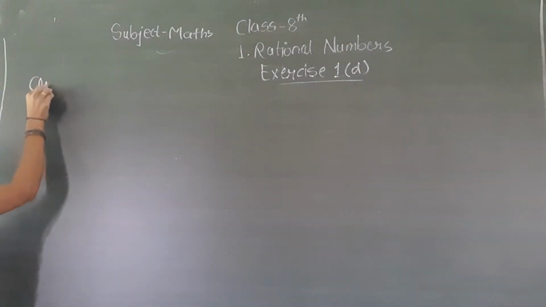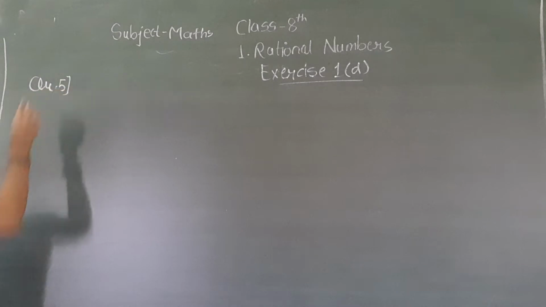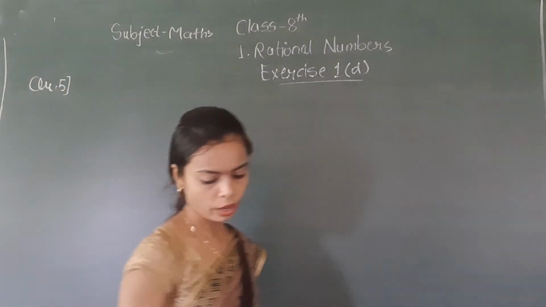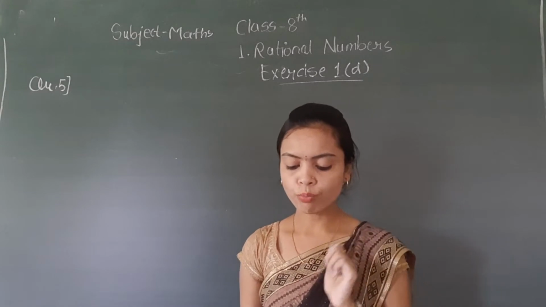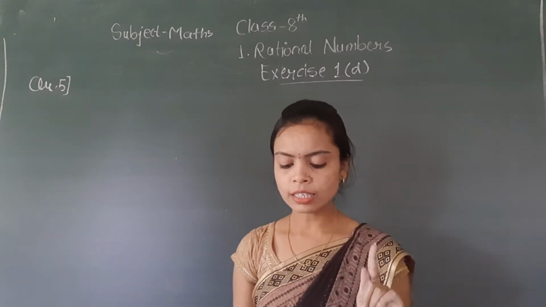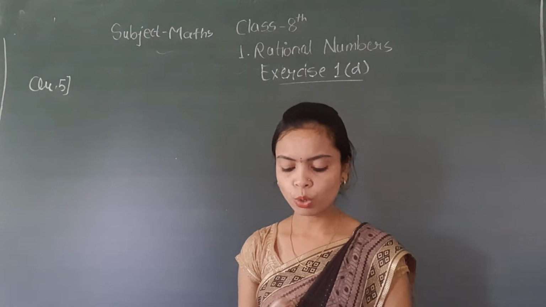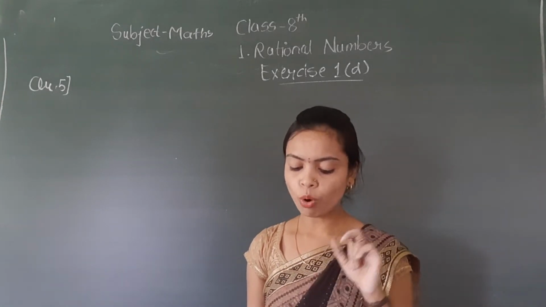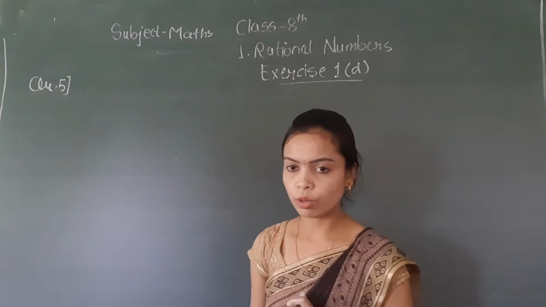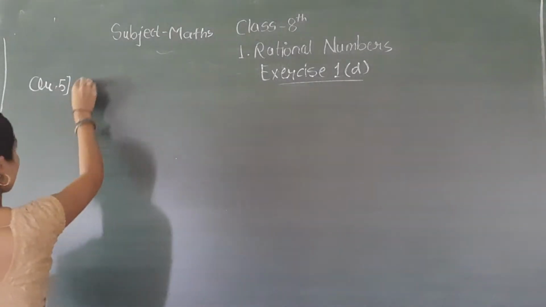Solution of question number 5. So what is your question number 5? Question number 5 is: divide the sum of minus 4 upon 9 and 7 upon 3 by 5 upon 6. For this, first find out the sum of minus 4 upon 9 and 7 upon 3. So your solution is